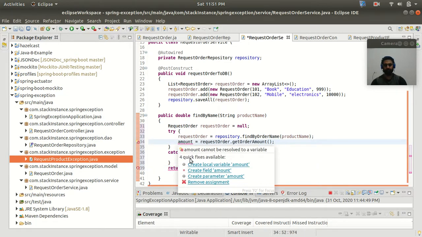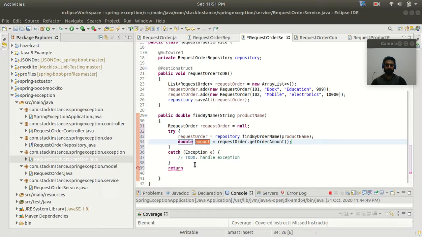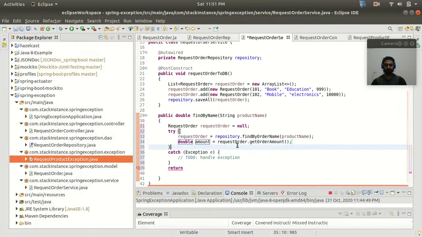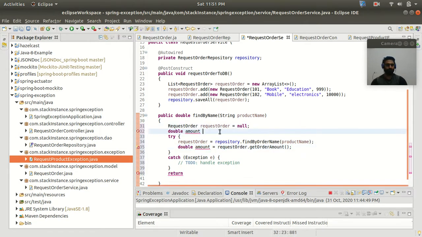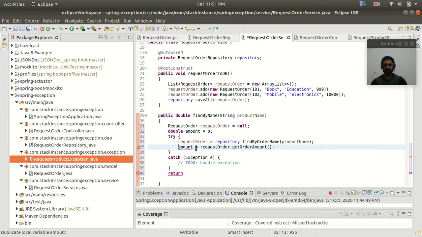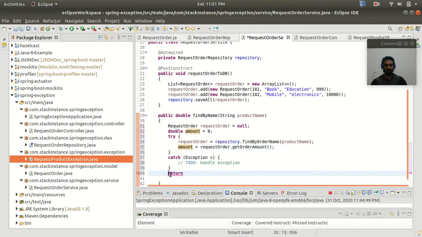Here we need to create a local variable amount, let's say with the value 0. Now we need to return this amount.